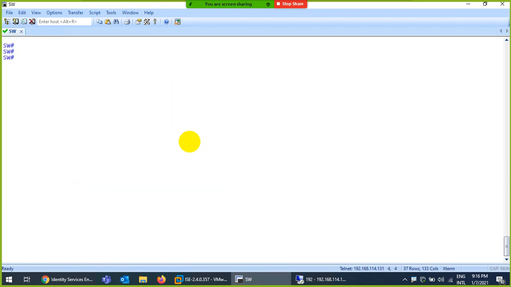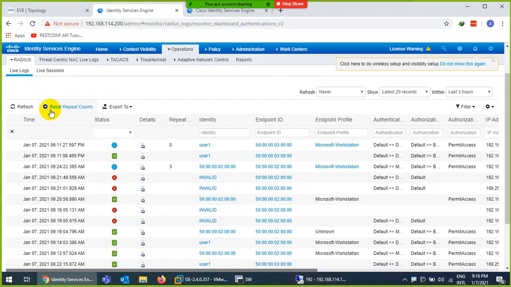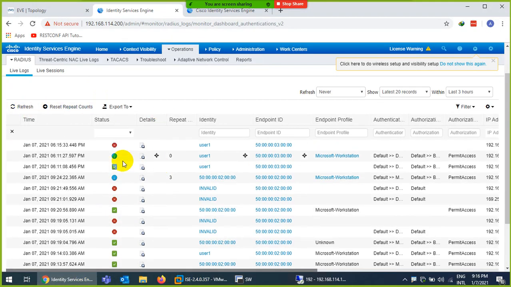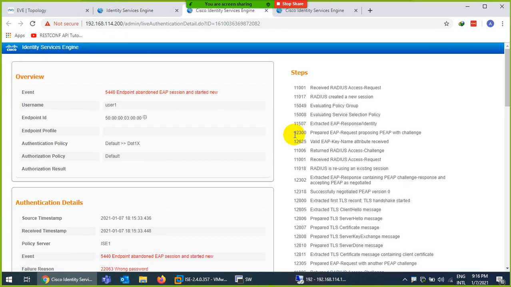So I enable all. Okay, and if I go to Cisco ISE and refresh, look, it is deny, authentication fail, username is correct but the password is wrong this time.